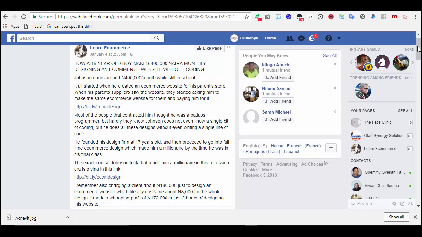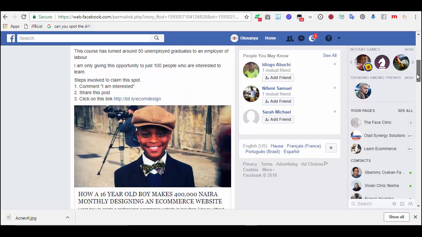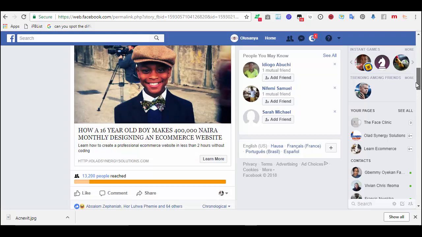I ran this yesterday. Can you see how a 16-year-old boy makes this? Can you see I told you that story sells faster on Facebook? So can you see that is the same advert I ran? Can you remember the last video you watched?